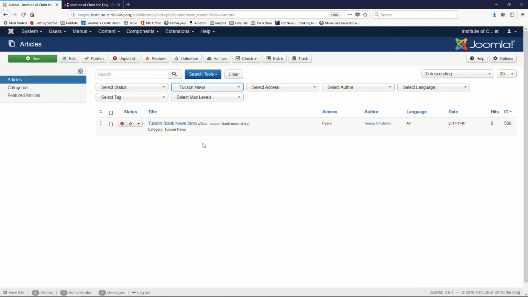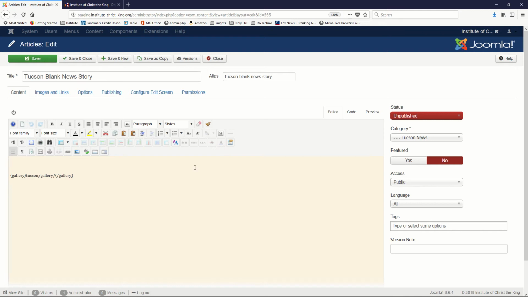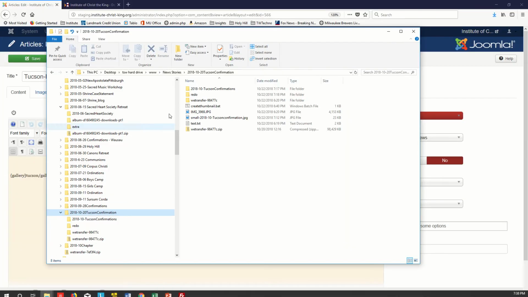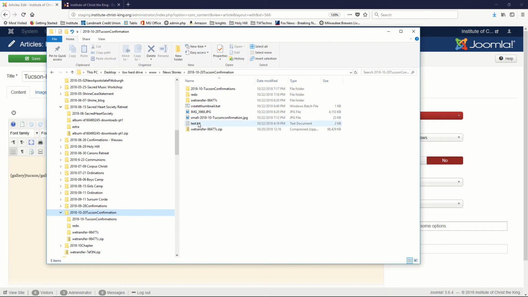And within each site, I'll have at least this one blank news story, and this is where you can start. So I'll open up this story. When it loads up here, what I want to do now is change the title. And I am going to go over to my text file so that I can see the story that I'm bringing over. So as I open this up,